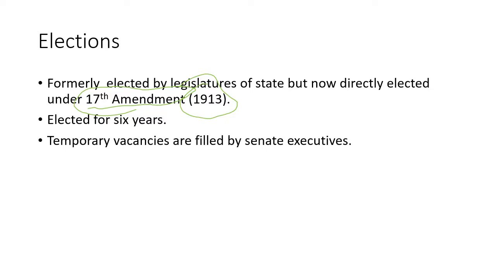Before 1913, the system of election for the Senate was indirect. That is, the legislatures of the states were electing their senators. But after 1913, the system of direct election was introduced for Senate elections. This happened because of many unfortunate events. For example, from 1890 to 1910, almost 11 states had no representation in the Senate because the legislatures were unable to send their senators to the Senate. On different occasions, at least one or two states had no representation.